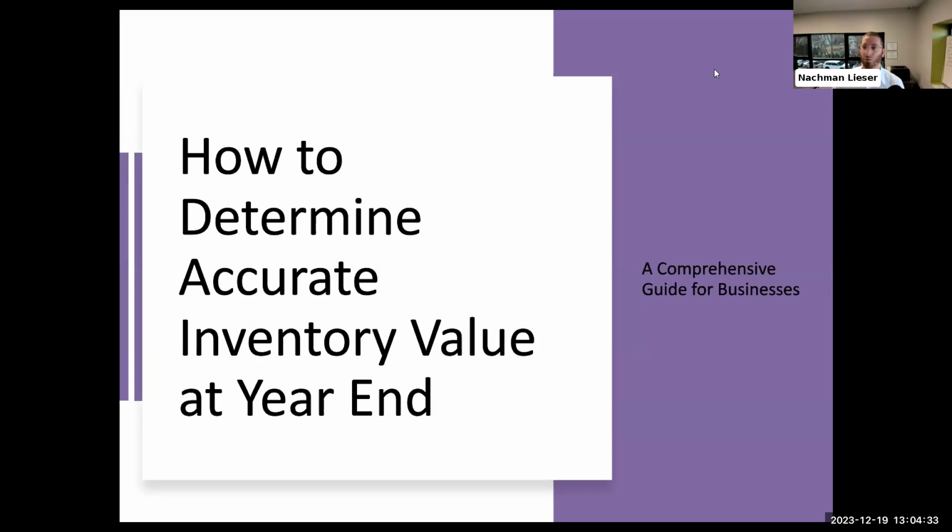at year end. Now, why is this so important? If the inventory is off, say you have a client with $3 million worth of inventory and a discrepancy of $300,000, which is a 10% discrepancy, their profit and loss is off by $300,000. That's huge. A company could show $250,000 in profit, but only because its inventory is valued at $3 million. If the inventory is not $3 million and is really 2.7, then the company didn't make any money